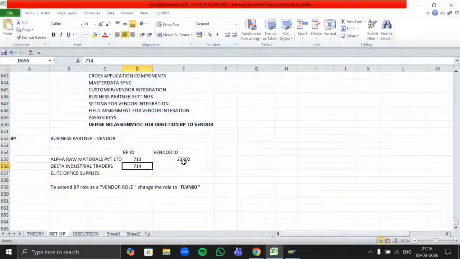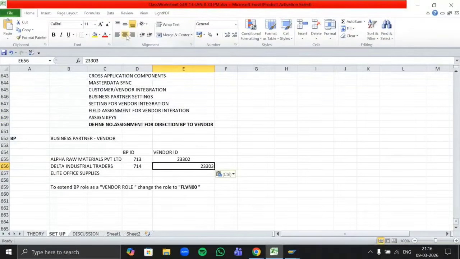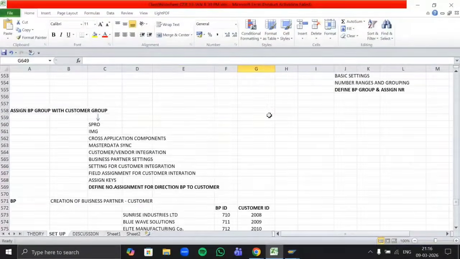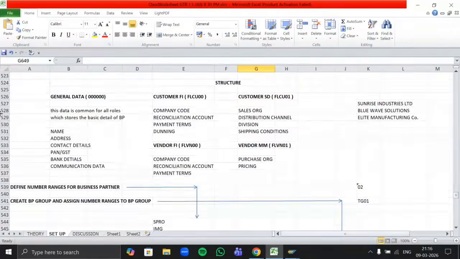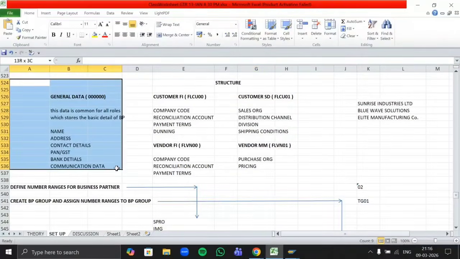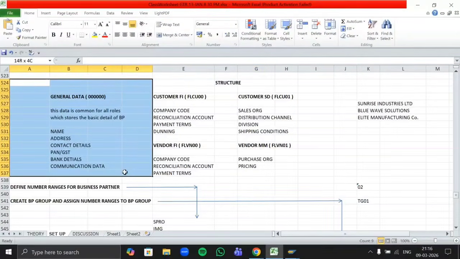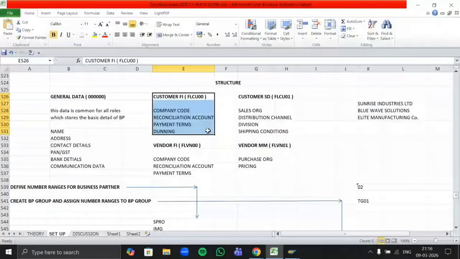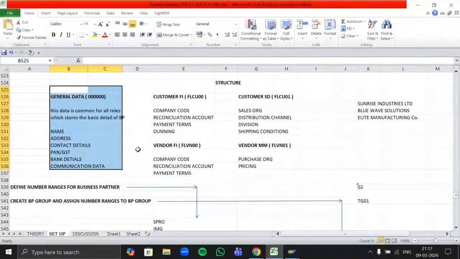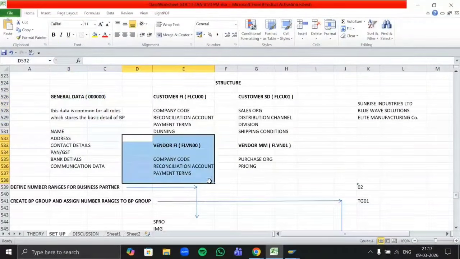So now if you have noticed the structure of our BP, what we did first, we created the general data role, means our business partner role as a general role. Then if this particular business partner is a customer, then we assign this FLCU00 role. But if this business partner is our vendor, then we assign FLVN00 role code.